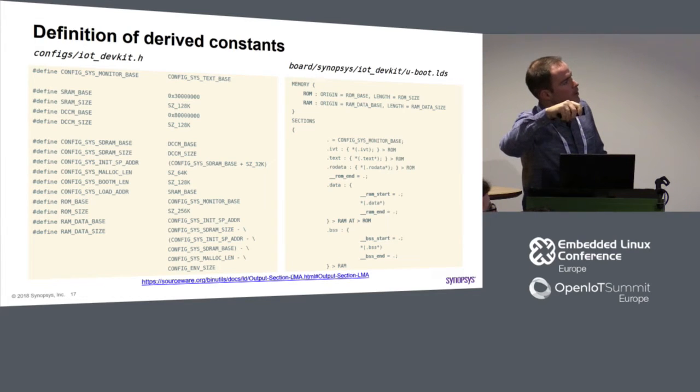So first, we define two different memory regions. So this is a ROM, and we set its origin and size. And this is RAM. Again, we set a region and size. And then for each and every section, we tell the linker where to put it. So for example, IVT, text, and rodata we put in ROM, and that's the interesting part. We ask the linker to put data in RAM, but then put it in ROM. And what happens, we use addresses which